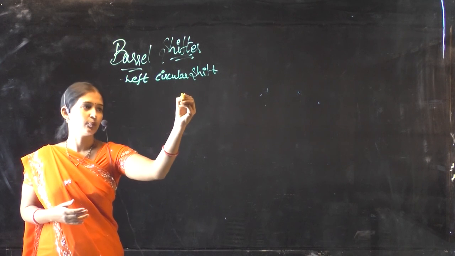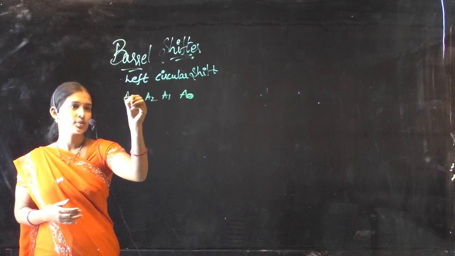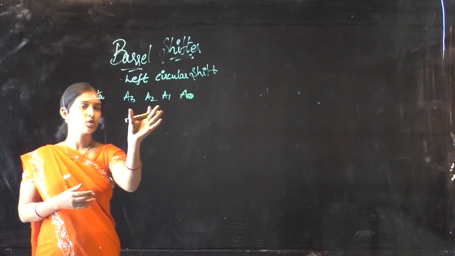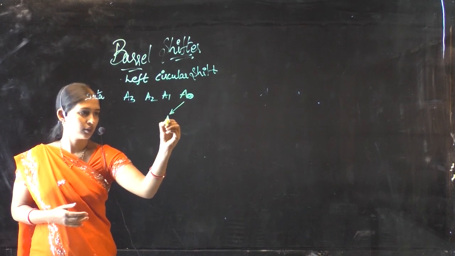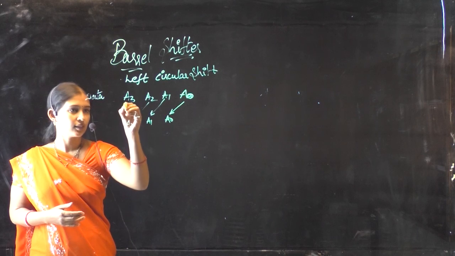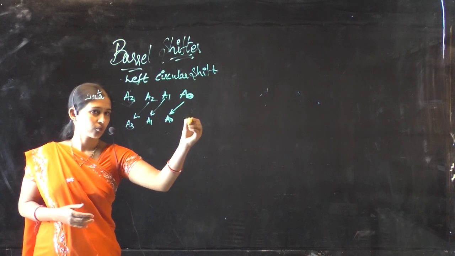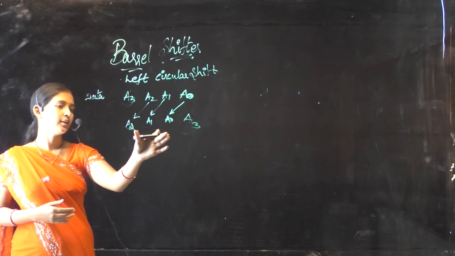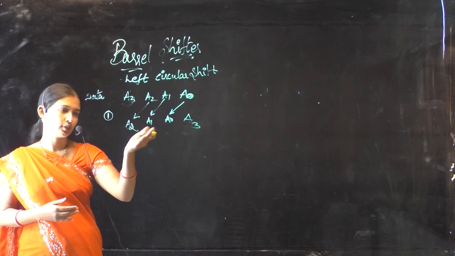Consider an example. I'm taking A0, A1, A2 and A3 as my data. Now I'm going to shift the data. This is your left shift. A0 comes here, A1 comes here, A2 comes here, and it is circular also, so A3 will be shifted to here. This is your circular left shift. This is called one shift left, the bits are moved.